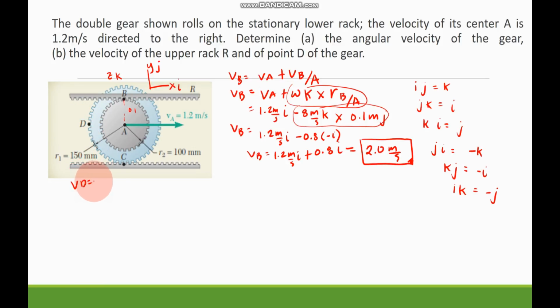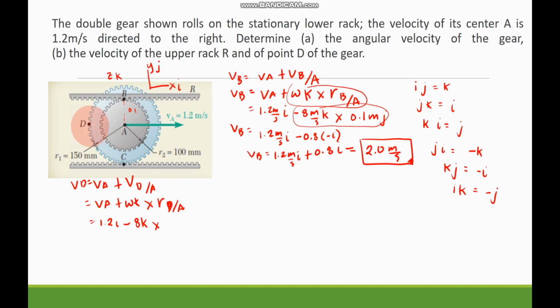So, VD is equal to the velocity of A plus the relative velocity of D with respect to A. This is D with respect to A. So the velocity of A is equal to 1.2 meter per second, and it is directed to the right, so I. And then our W from earlier was solved as negative 8. So negative 8k. So we will determine the vector product, and then the